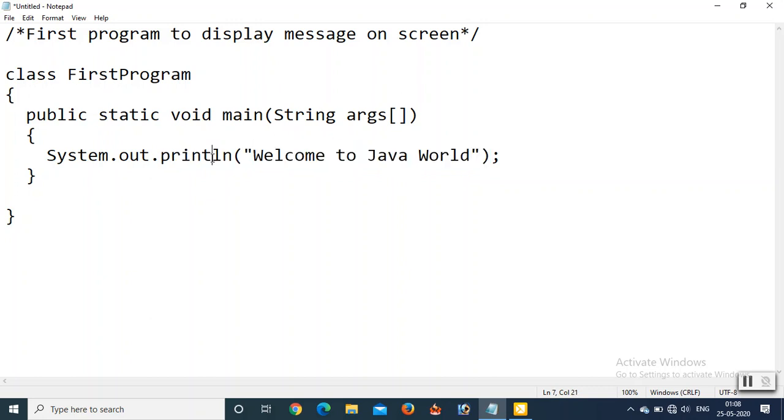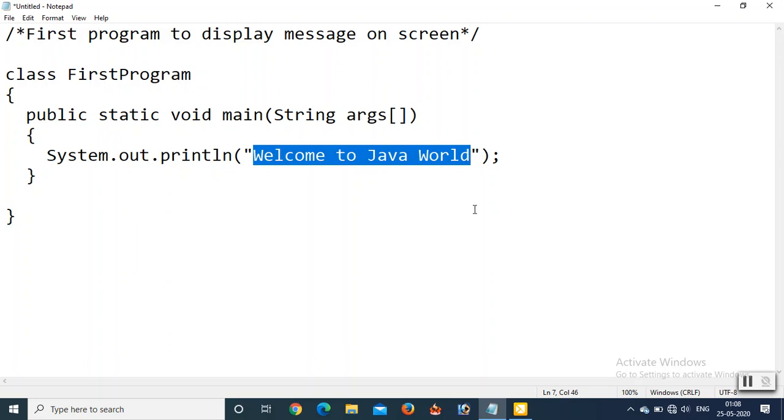Print means to print a message on a computer screen. Ln means line, to print a message on a new line on the computer screen. And what about the message? Whatever you write inside the double quotes is the message. Welcome to Java world is the message of the program.